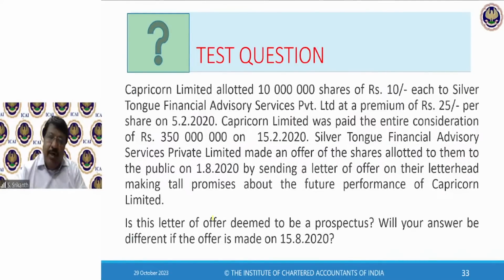Then you read that letter. You send a letter back to him or mail to him saying, no, I'm interested in buying. How much should I send? You send. It's a private deal. Where is the public here? Are you able to understand? That is exactly what happened in Nash versus Lind.